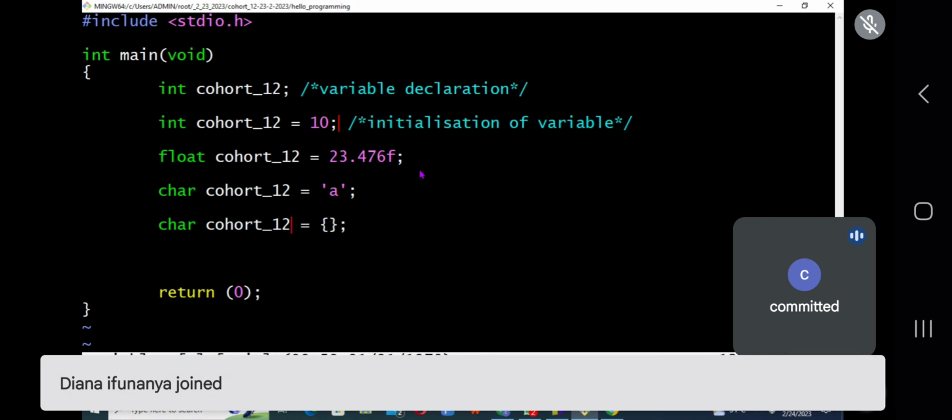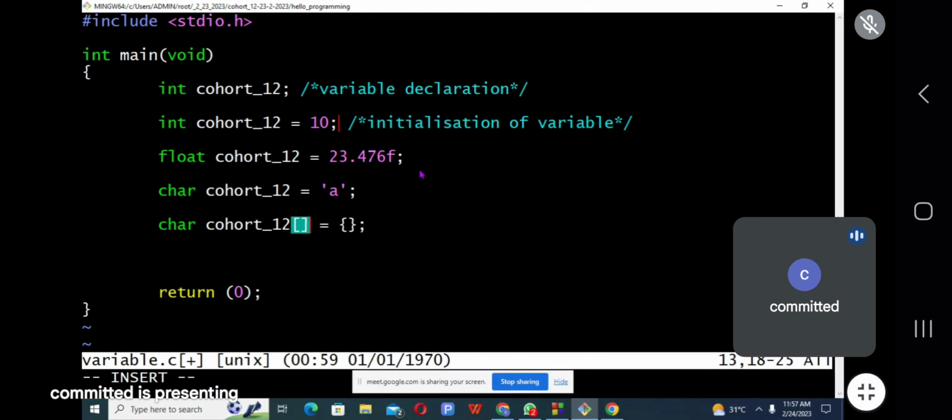Either we declare it as an array or as a pointer. This is too advanced for you now.